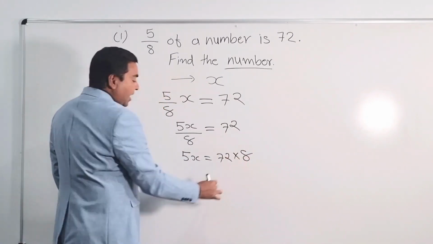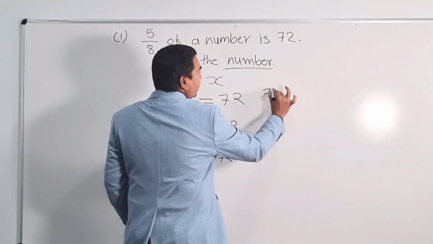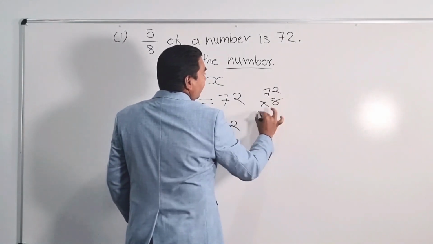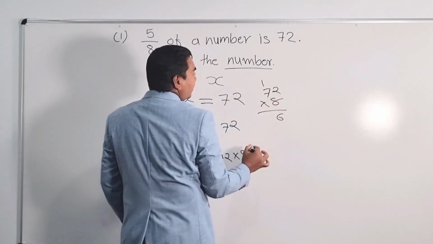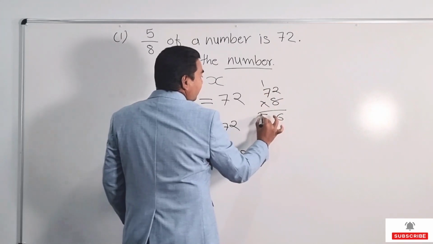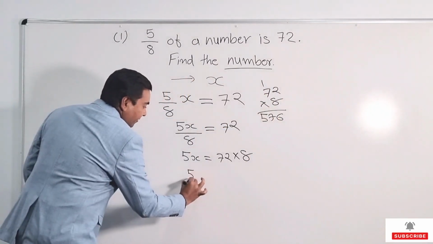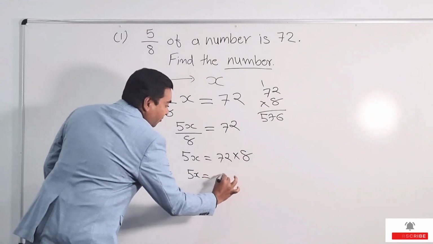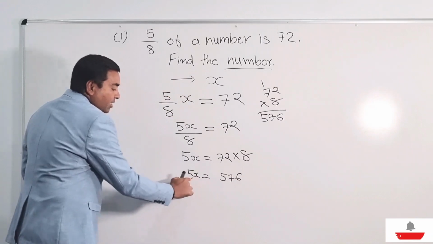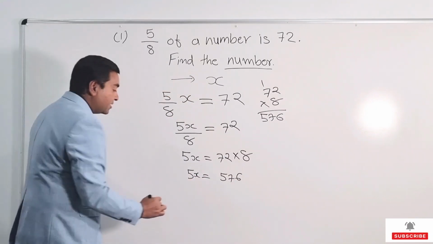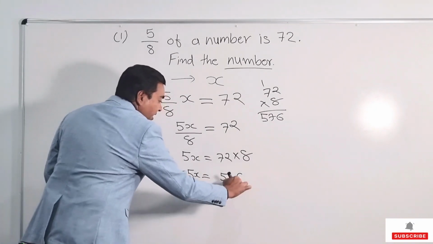Now 72 times 8, we can do it outside and find the answer. So let's say 72 times 8. We can do it like 8 2s are 16, 1 carry, 8 7s are 56, plus 1 is 57. So my 5x is equal to 576. Now this is 5x, which is 5 times x, so my x is going to be, times goes divided by,